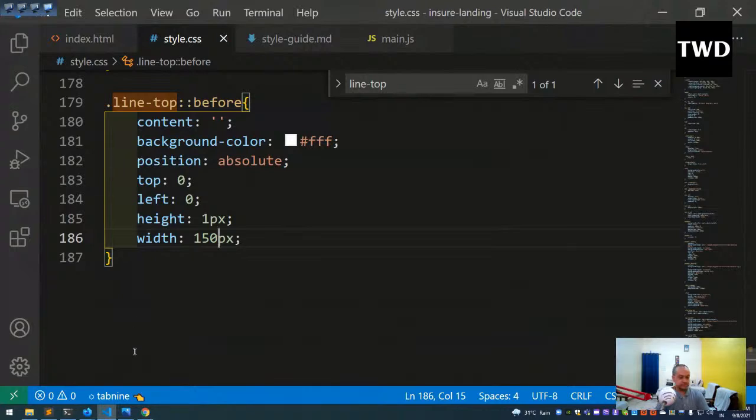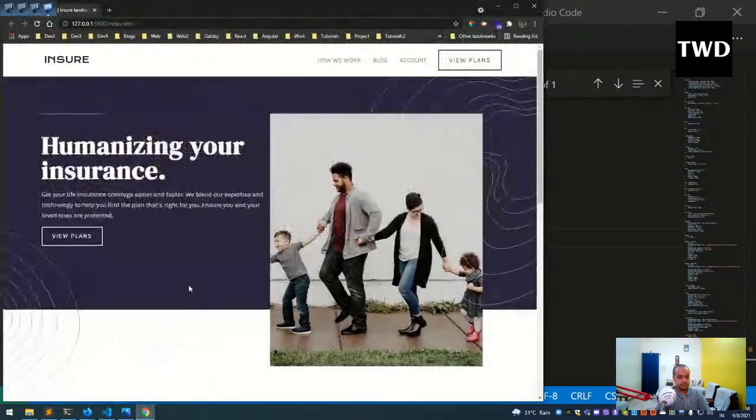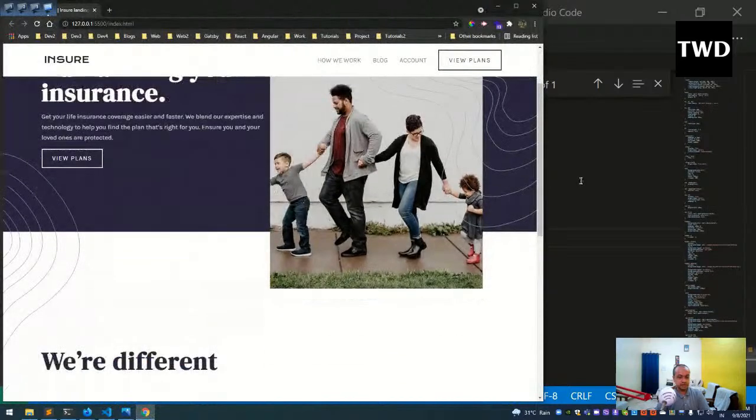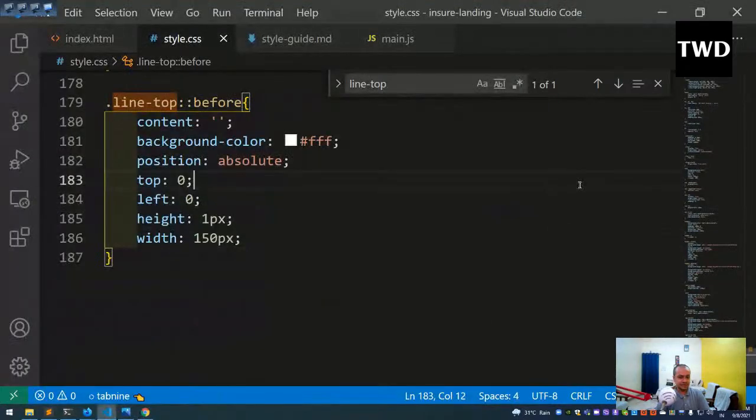Save it. So this is done. And the other one is line